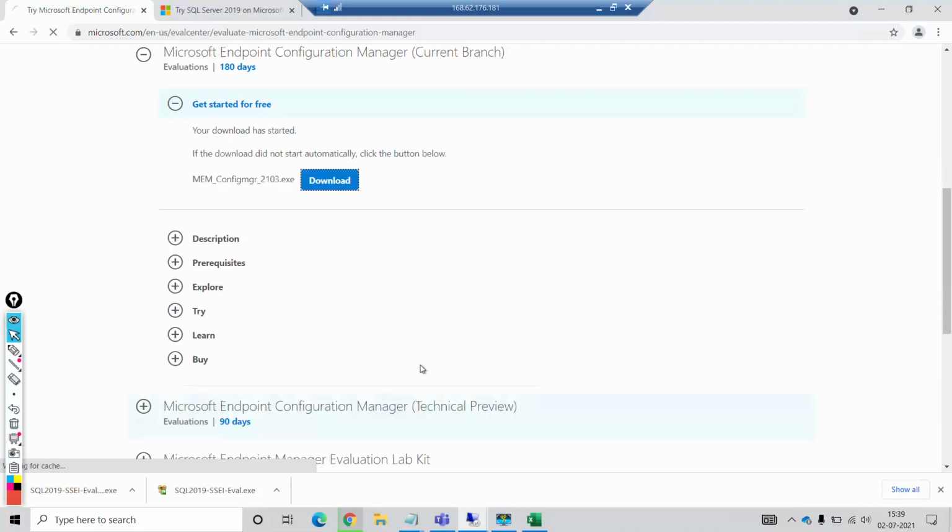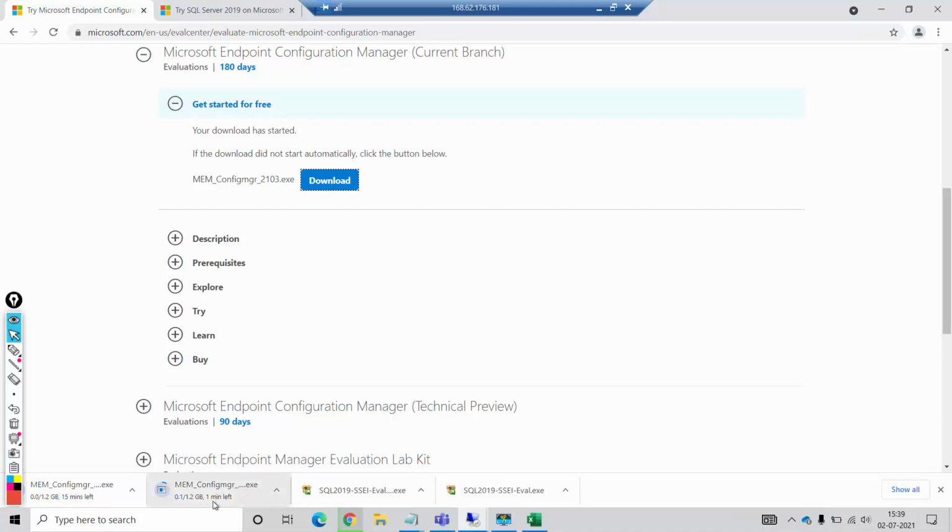And I'll select continue. So it is asking 2103. I'll select download. So again you can see it is now downloading 1.1 GB. So I'll select show all.